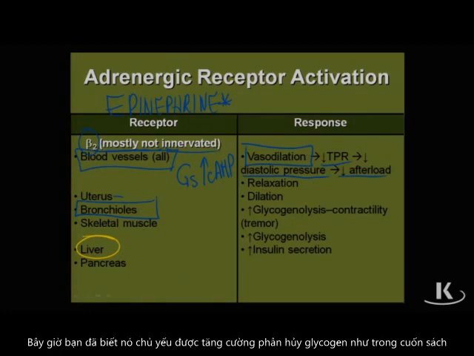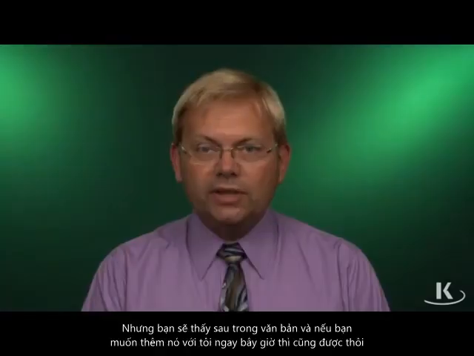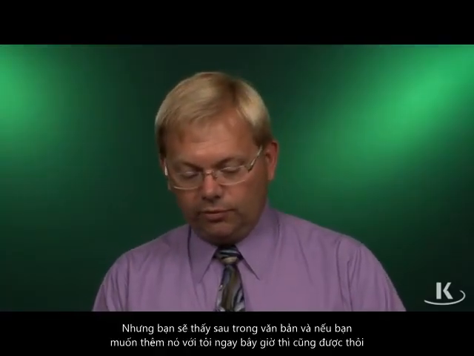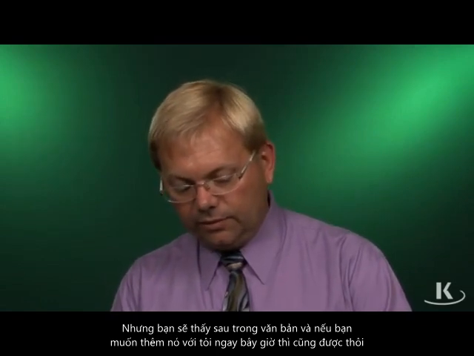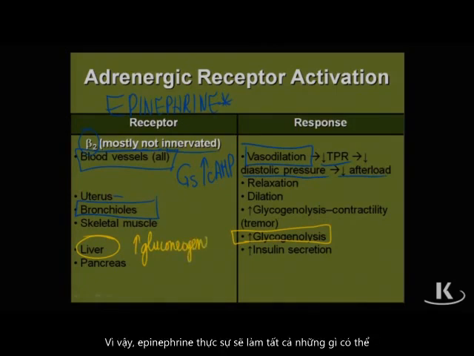Now, your notes primarily put increased glycogenolysis as they have in the book that you're using right now. But you'll see later on in the text, and if you want to add it with me right now, it's fine too. It will also increase gluconeogenesis,